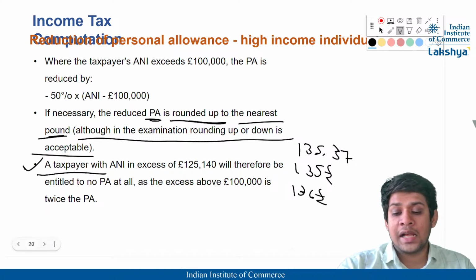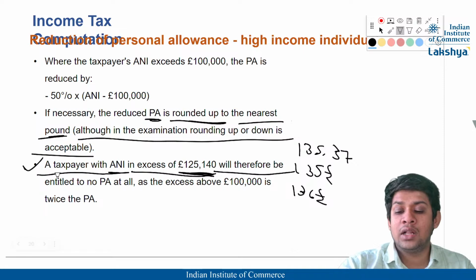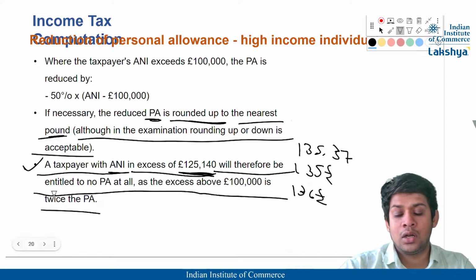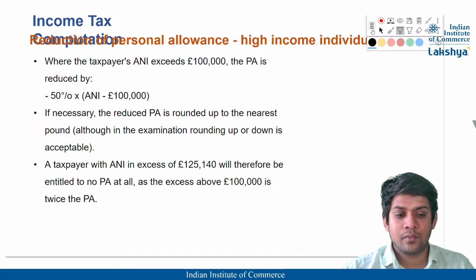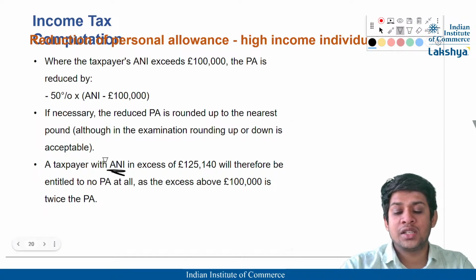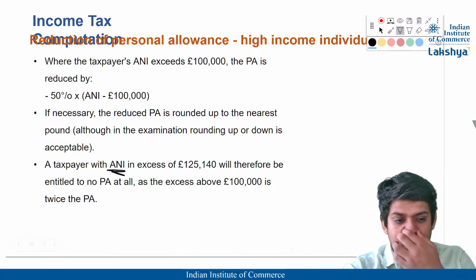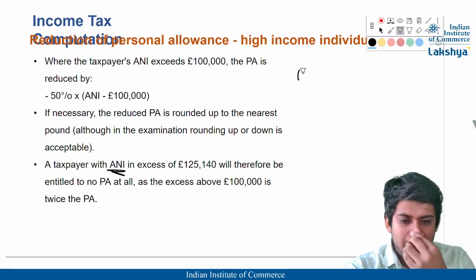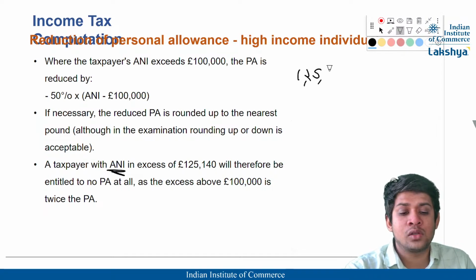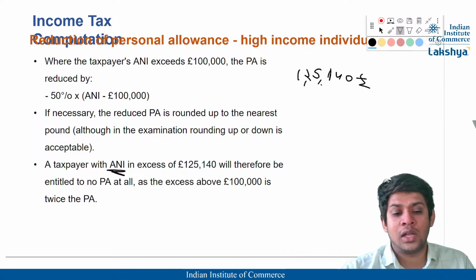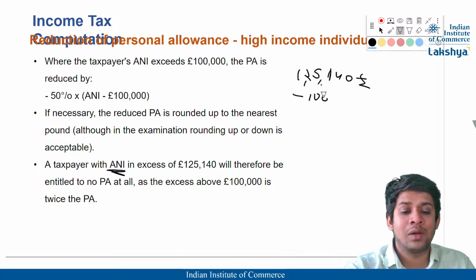A taxpayer with adjusted net income in excess of 125,140 pounds will therefore be entitled to no PA at all. Why? I'll show you that. Maybe say the adjusted net income, after deducting the gross pension contributions and the gift aid donations, is 125,140 pounds. So how do I reduce my PA? Adjusted net income minus 1 lakh